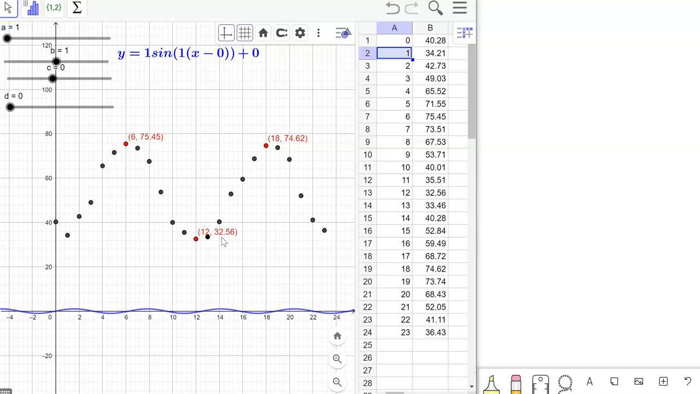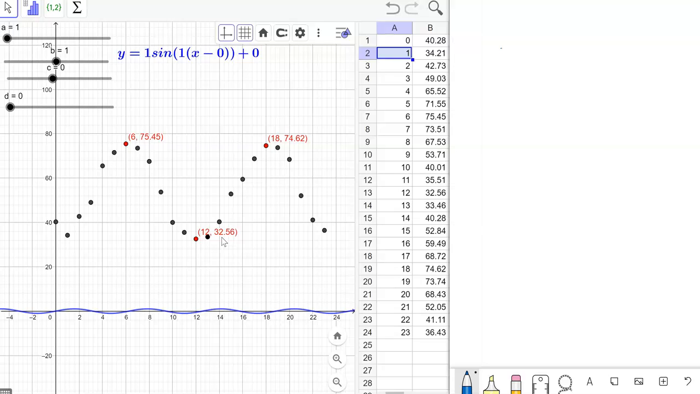Right? So if I take 75.45, add it to 32.56, and divide my answer by 2, 75.45 plus 32.56 is 108.01, and then dividing that by 2, I get 54.0005. I'm just going to round that to 2 decimal places,